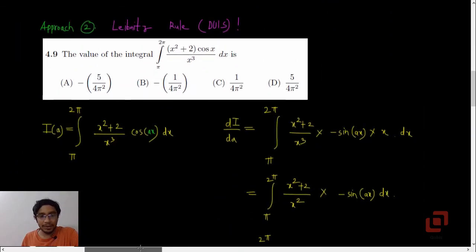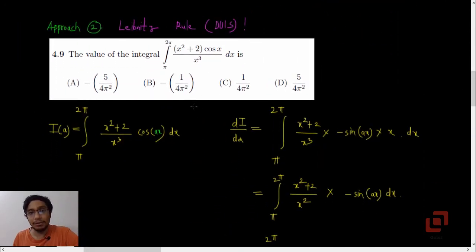In which I applied the Leibniz rule, and now the question was where to introduce the parameter. Should we introduce it instead of 2 as a, or should we introduce it inside the trigonometric function? Now I even tried introducing the parameter here, that is taking x squared plus 2, but well, that didn't work out. Even this has not worked. It has given me a differential equation involving an integral.